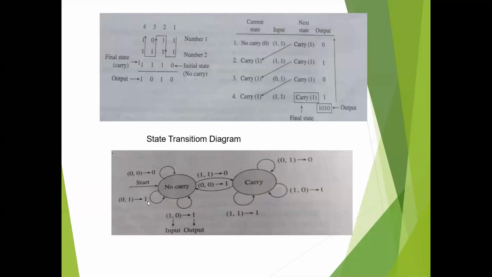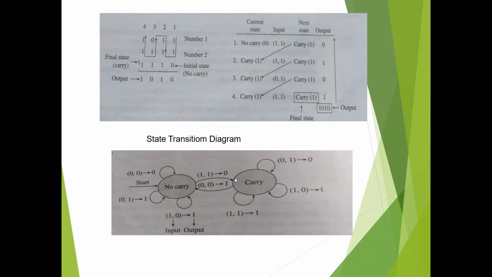If your input is 0 1, output is 1, carry is not generated, so you will remain here. Now if your input is 1 0, output is 1, but carry is not generated, so you will be here. Now to this state, if you give 1 1 as input, output is generated and carry is also generated, so you move to